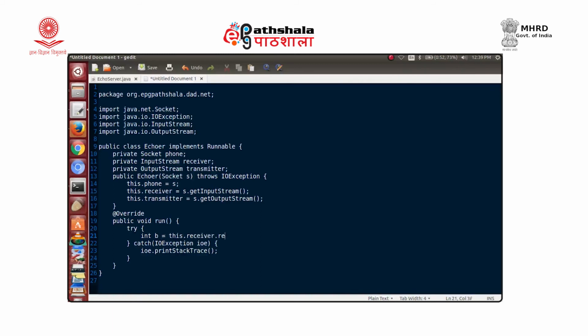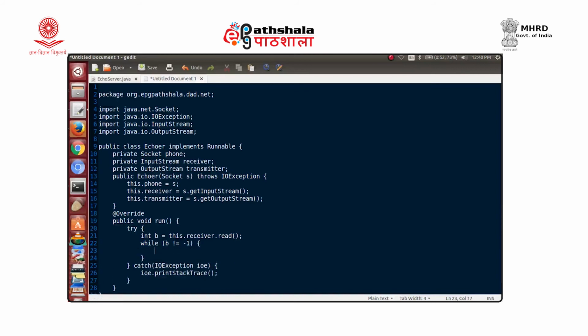That reads the first byte, and then we have a while loop while there is not end of file. Whatever input is received will get a -1 when the connection is closed from the client. So, we will say while that byte is not equal to -1,